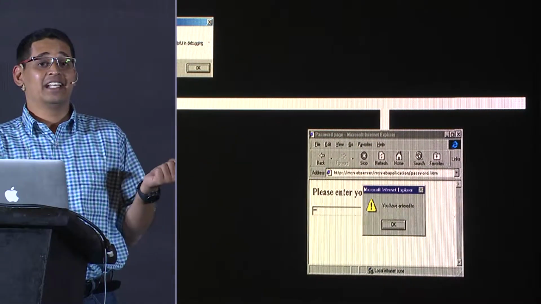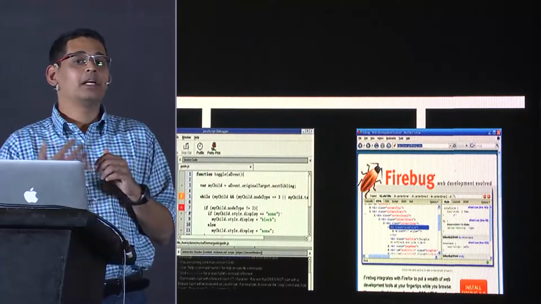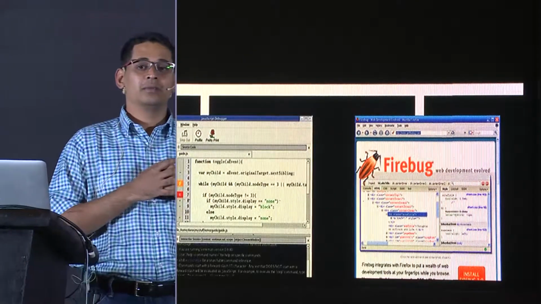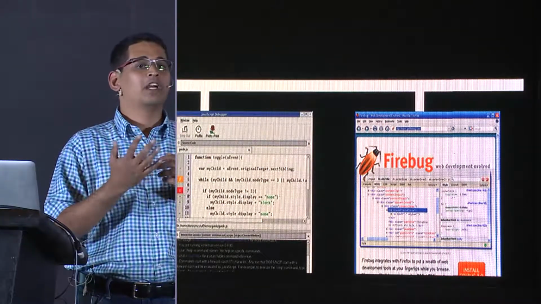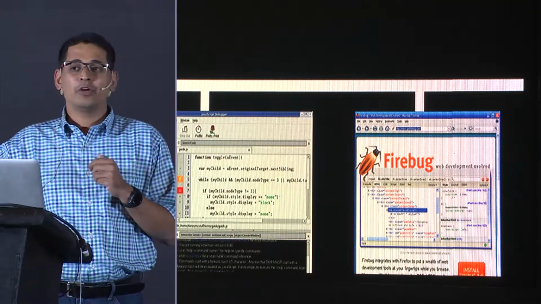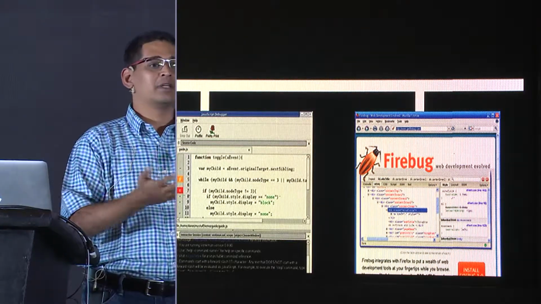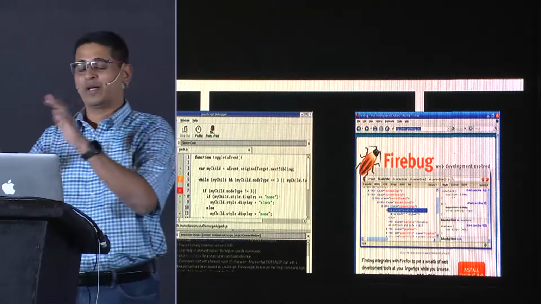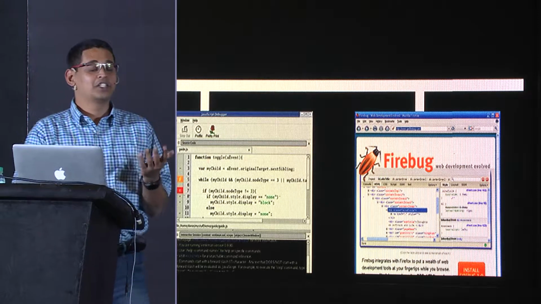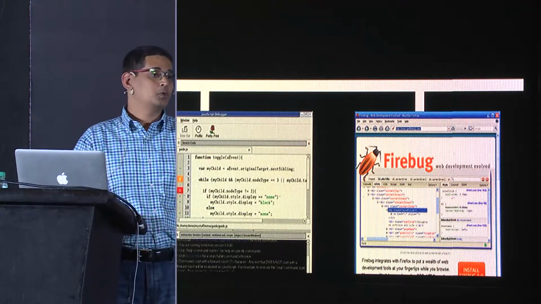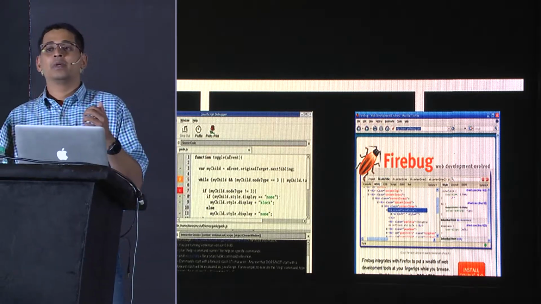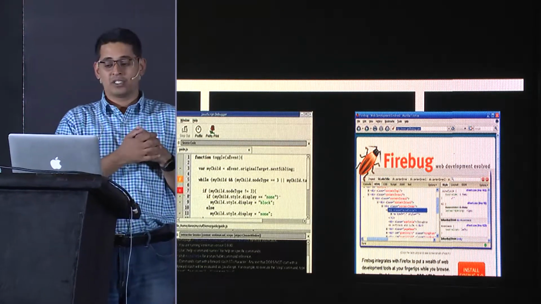We survived that era, and we started becoming good at writing dev tools. The first one that I remember using with JavaScript is this dev tool called Venkman. Venkman is the same Ghostbusters Dr. Venkman. I'm not even sure how many of you are old enough to remember that, or how many of you were even born when Venkman was around. The thing that a lot of people do know and do understand is this other very popular tool called Firebug. Firebug, in a way, revolutionized the way you think and you debug JavaScript.